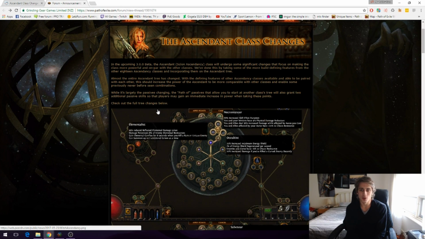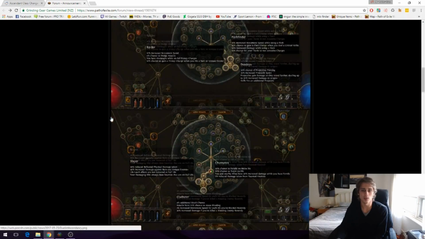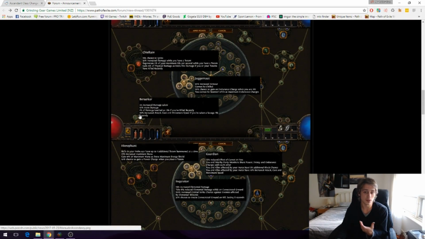But the point of the video is Scion Ascendant changes. Now, these are going to be coming with 3.0, but first of all in the 3.0 beta, and it's been a long time since anything's happened to Scion. The last real change was just a slight nerf to a few of the ascendancies, like the Berserker one, which